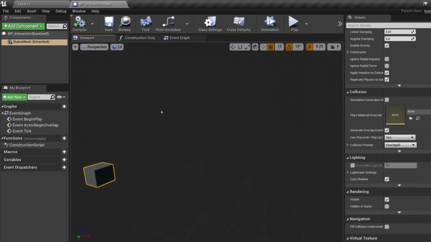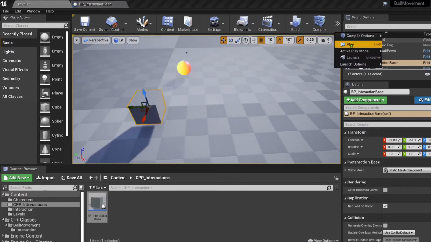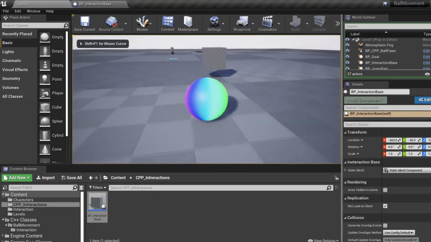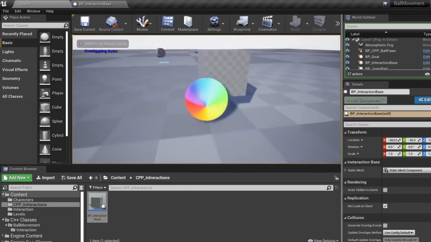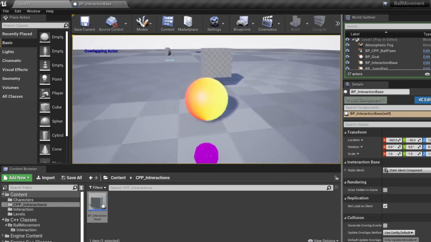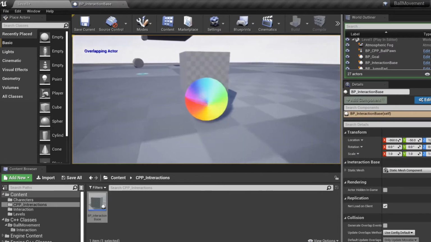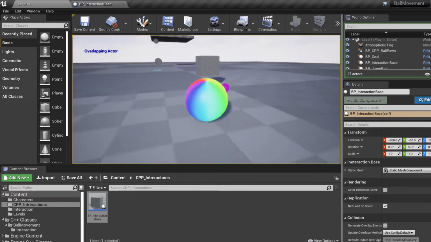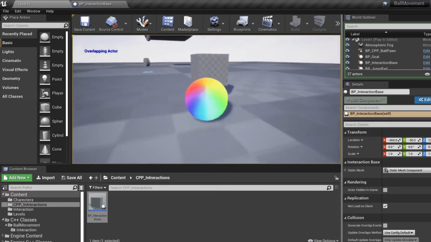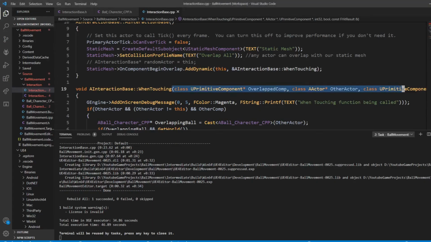So now, going back to the editor, we have our cube. The overlapping actor is being called. Oh, interesting. In here, it's drawing the sphere, but it's drawing it in the center. I think the reason it's doing that is because if I go to my C++ code and go to my ball character,